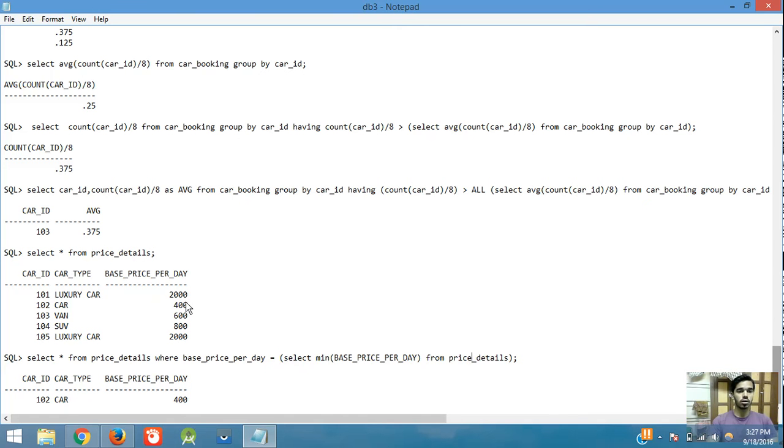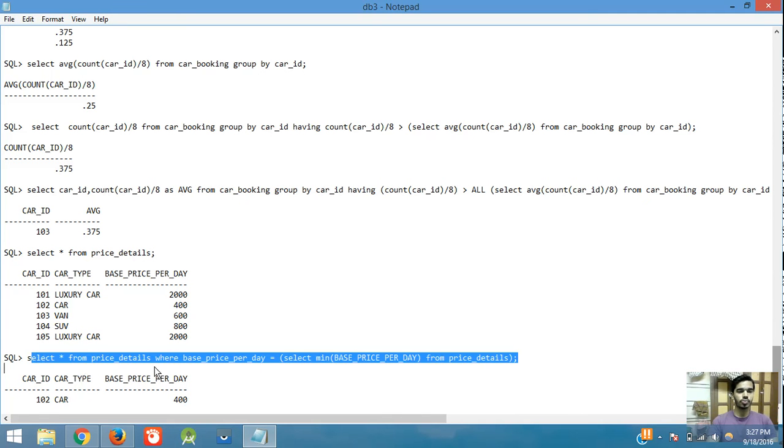So here we are going to use the subquery. We have to display this, so we are going to select star from price detail where base price per day equals the subquery. It will return only one